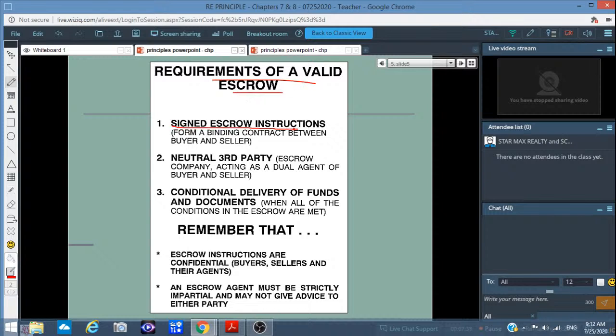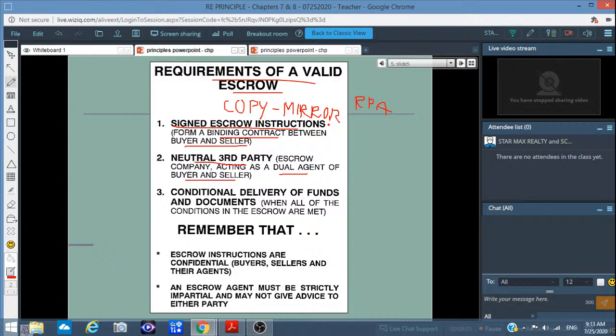Okay, so what is a valid escrow? Okay, a signed escrow instruction. So it's a binding contract between the buyer and the seller. So the signed escrow instruction is basically a copy, okay, or it mirrors, okay, the actual contract, the RPA contract. 它也有一份文件叫 escrow instruction，OK，它这是跟你买卖协议一模一样的，OK，但是它简单抽出来它该需要做什么东西，所以它这是浓缩的一个协议，它有操作，OK。Neutral third party 它是第三者，它不偏哪一边的，OK，and is a dual agent of buyer